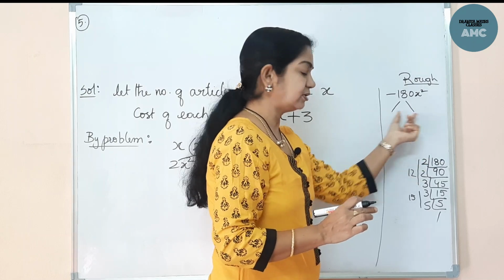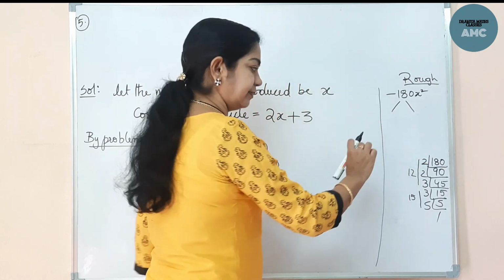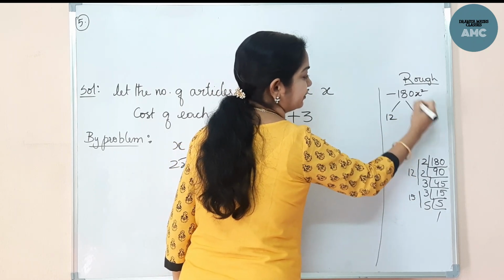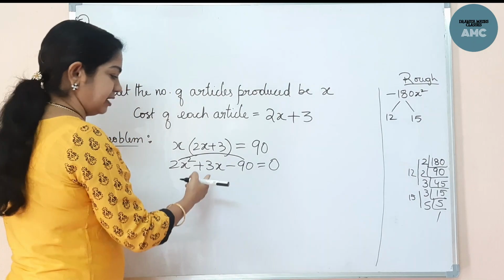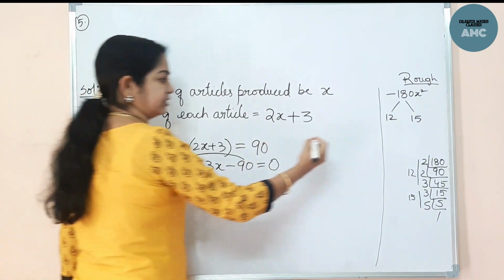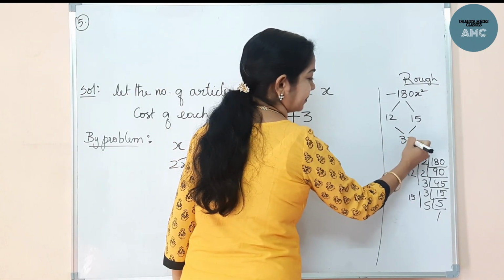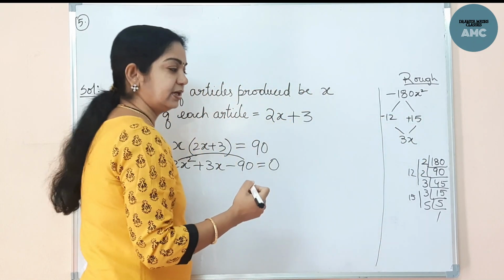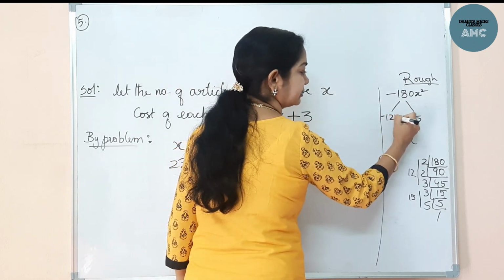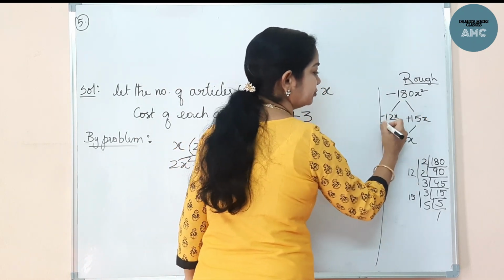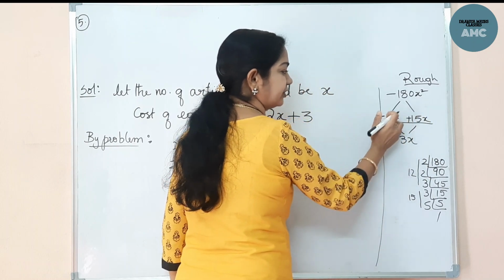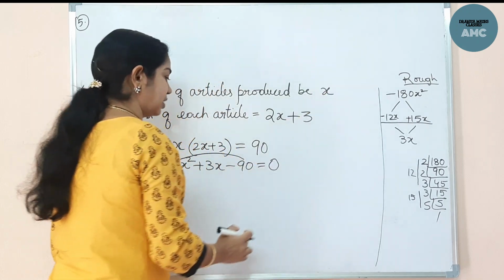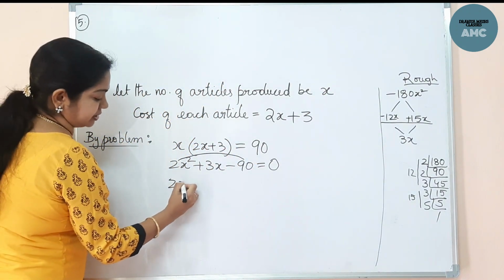Splitting it into 2 terms, we want 12 and 15. Let's take 12 and 15. 12 into 15 is 180. Now we have to see the minus sign. Here the middle term is 3x, so the bigger term should have plus and the smaller term should have minus. Now here, the x terms are 12x and 15x. Now do the product here, check it out. 12 into 15 is 180 with minus, and if you add them, you get 3x. So those two are the factors we need to take.